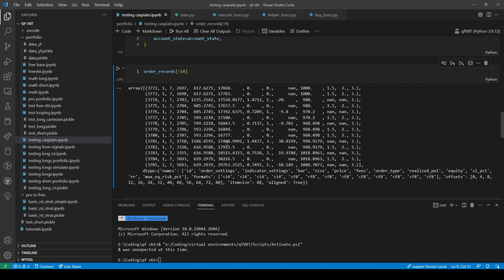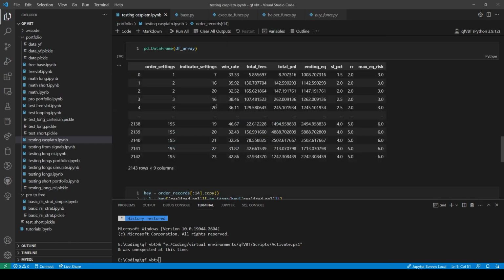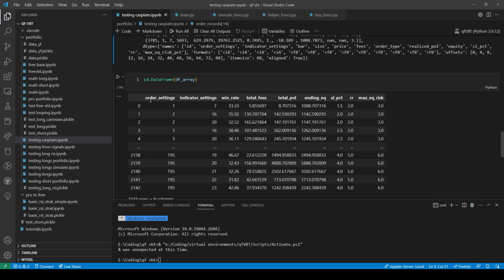And so what I would end up doing is, so I'd still return this data frame array,